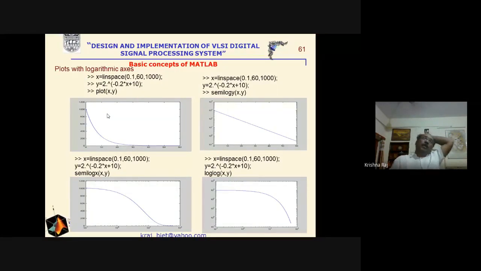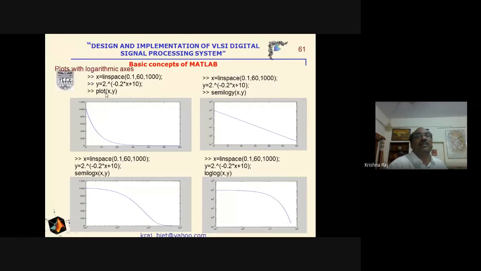One more popular graph is the logarithmic graph, the semi-log graph. This is the very simple graph which we have discussed, that is the plot between the x and y. Now suppose we are interested in drawing a graph between the x and y that has a very large range, then in order to represent that range, we have to use the logarithmic scale on the y. So for that purpose, we will define the x and y. Then just write here the semi-log, and then that axis, which axis? Y, and then comma x comma y.